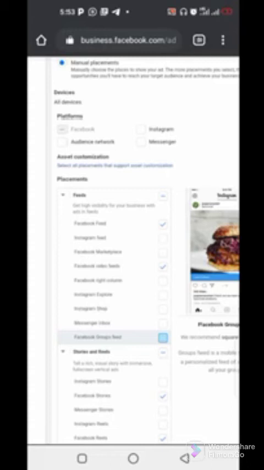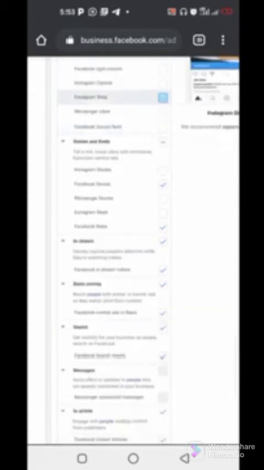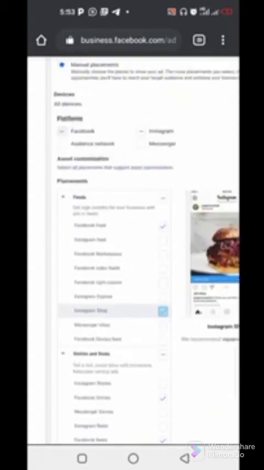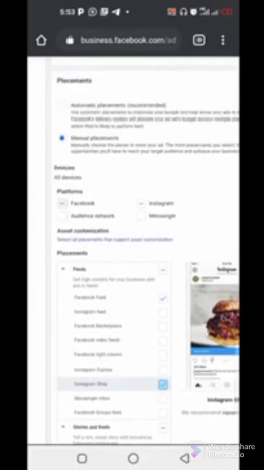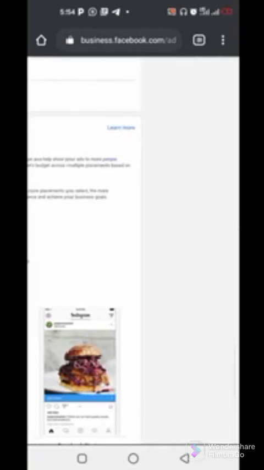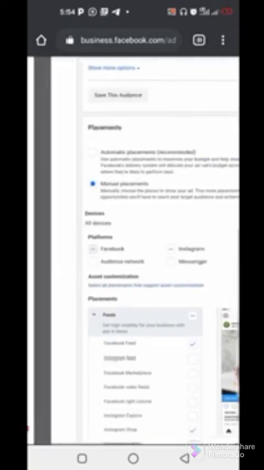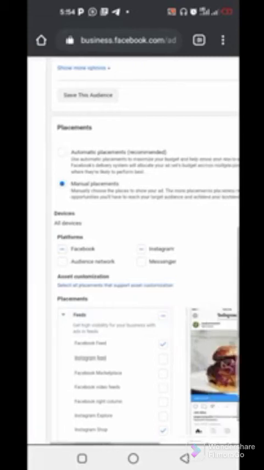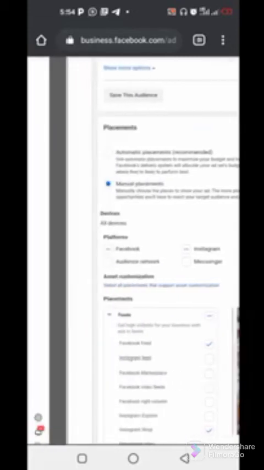Now if you look up here, you see device. You uncheck everything here. Because of time, I don't have the time to do that now, but you can do it. Now under here you see device. Now this device talks about the people that you want to show your ad. Are they mobile users or are they desktop users? So you click on this device,